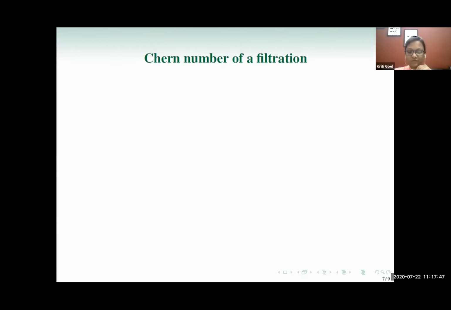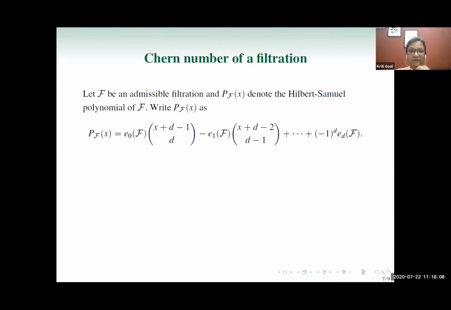This coefficient is what is called the Chern number of the filtration, and this is not the first time that people have looked at the coefficient and used it to characterize rings. This has happened in the past. Of course, there's a good amount of literature and history of results where people use vanishing or bounds on these coefficients to study or to characterize rings. So I'll quickly recall here.